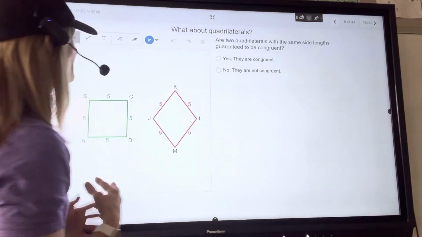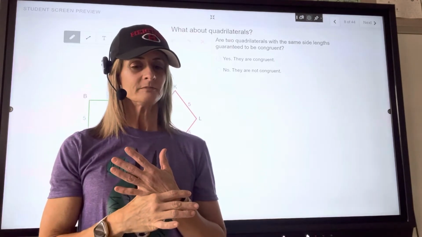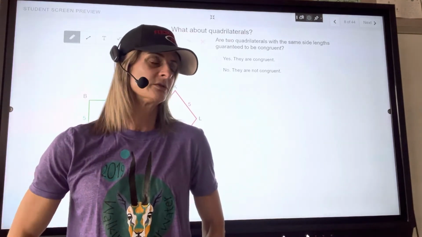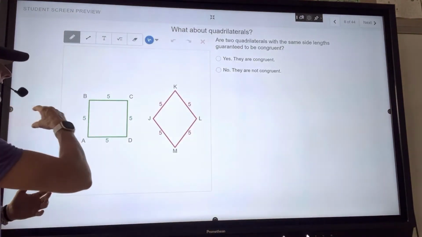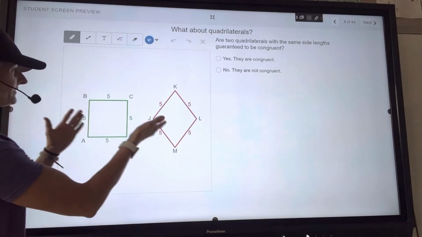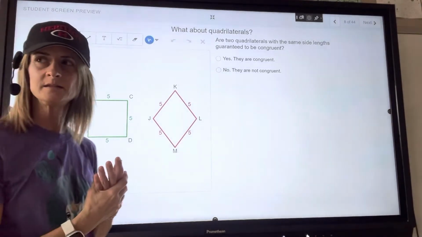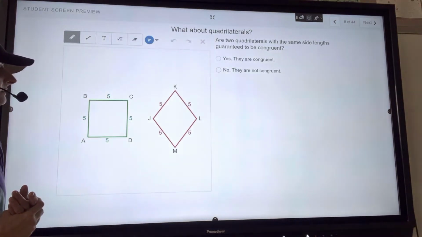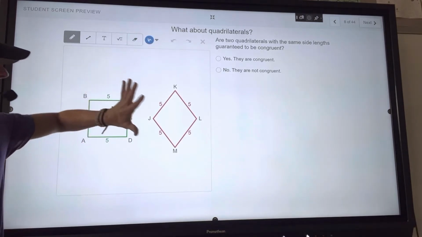All right, so the next thing we're going to talk about is congruent figures and congruent triangles, really. I've got 2 figures up here where all the sides are the same lengths, but look at the figures. Are they congruent? Are they the same shape and the same size? No. Could you cut this one out of a piece of paper and superimpose it onto this one